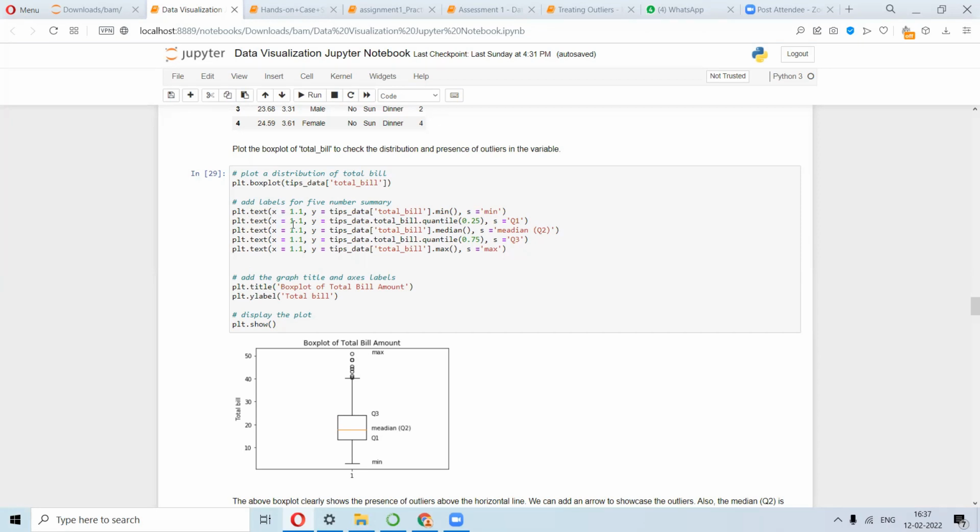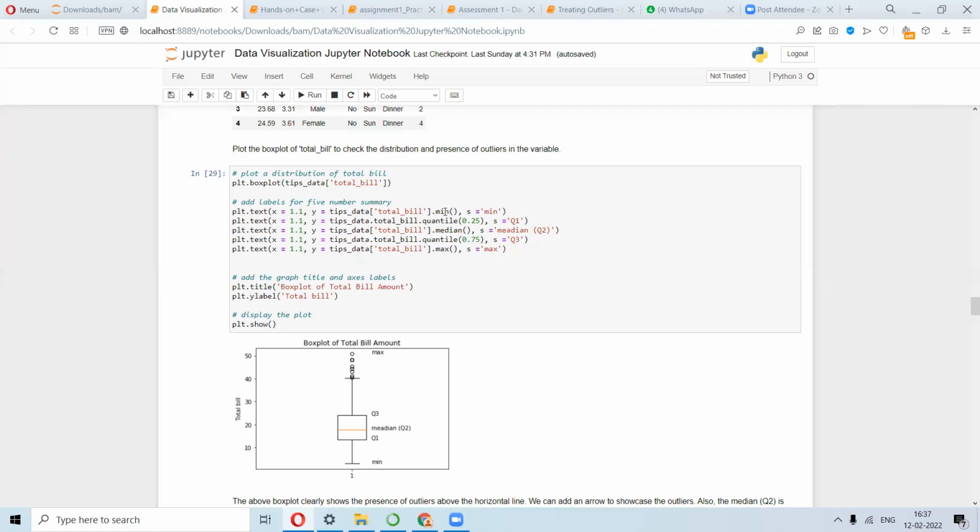Wherever we have to include some text, we use this function plt.text, and we have to specify where we want to place that text. So this is 1.1. If this is 1, then 1.1 will be somewhere here, and you see that all these texts are on the 1.1 axis of x, and in y you are plotting tips data.